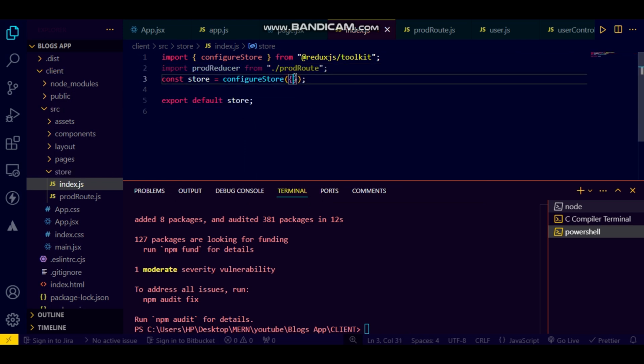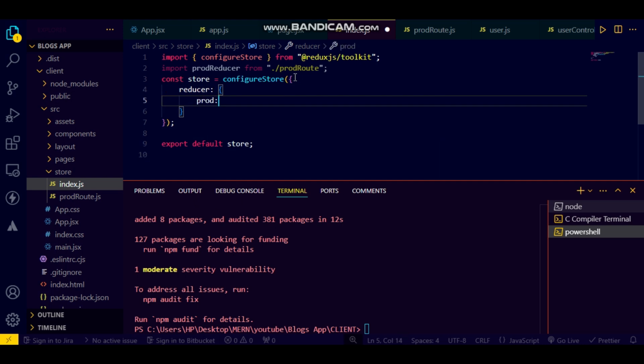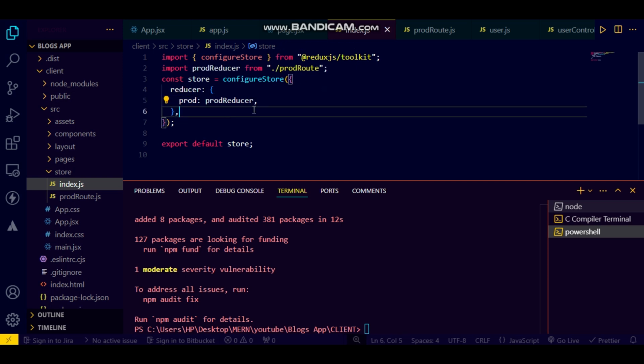So what I can do here, I need to have the list of all the reducers here, reducer, and I can say production is equal to productionReducer, and that is that. It means I am able to call the production reducer here, and that is it. So right now what we can do here is